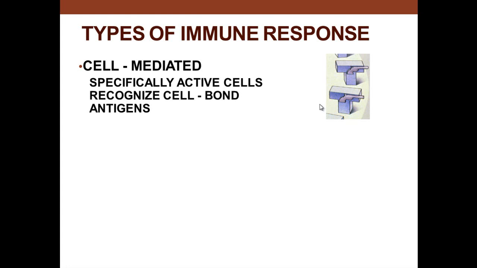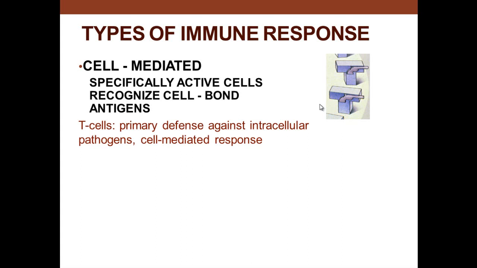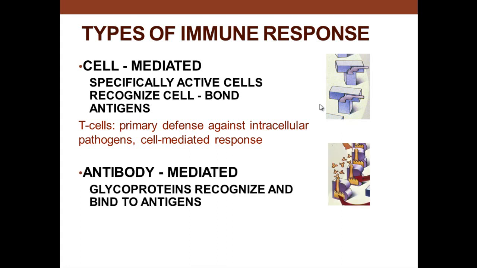One is the cell-mediated. These are T cells. T cells, specific active cells that recognize imbalanced cells. The T cells largely originate in the thymus, and they are the primary defense against intracellular pathogens, the cell-mediated response. So this is a cell itself doing the work, with its smoking gun, ready to attack cells with their intracellular